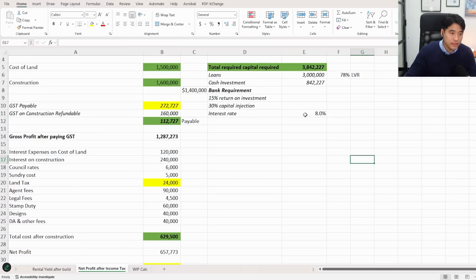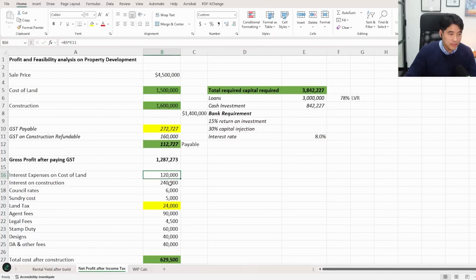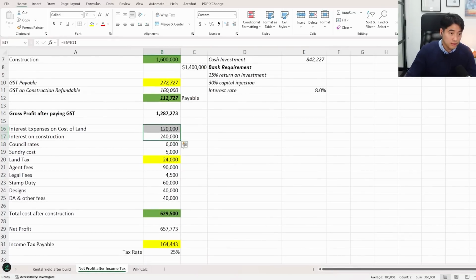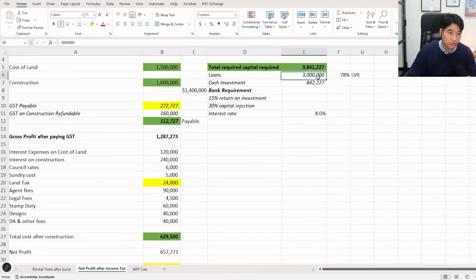So what I did is I did 8% of the loan. So interest here is how I did it, 8%. And I'm just assuming it's a 1 year build, right? It takes only a full 1 year to build the whole duplex and sell it. Could take longer, so you could add an extra 1.5 just to be safe. But in this case here, I've taken it as if it's a 1 year build. So the interest is this. Look how much the interest is, 360K, just based on 3 mil.